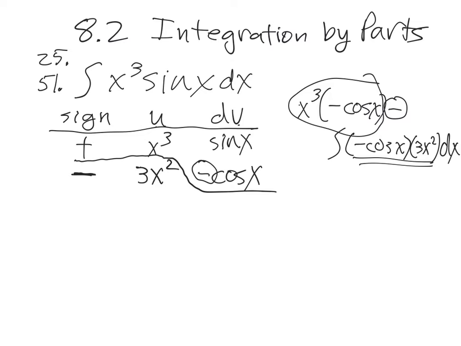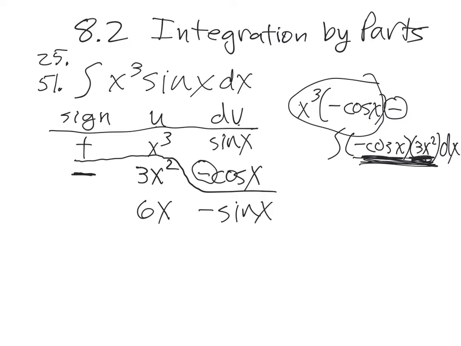And then, well, from this, if we were doing it the long way, we'd have this to work with. We'd let this be u and this be dv and go from there. Well, we already have that kind of set up in our table. So du will be 6x, v will be negative sine x,